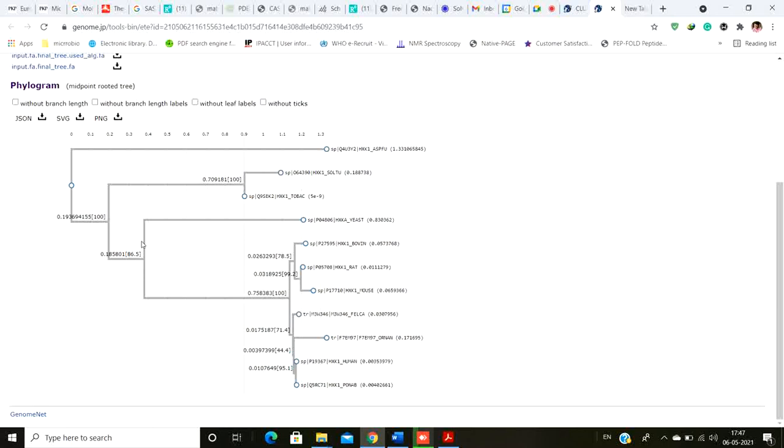Next, again, this particular branch which I have differentiated, the other branch gives you yeast, and then the next branch again gives you a separate branch, and in one branch you have a bovine, and in the other branch you have rat and mouse. Now we know that rat and mouse are similar, right? So that's why they are placed under a similar branch, and this particular point is the common ancestor of both rat and mouse. This particular branch is the common ancestor of cow, rat and mouse.